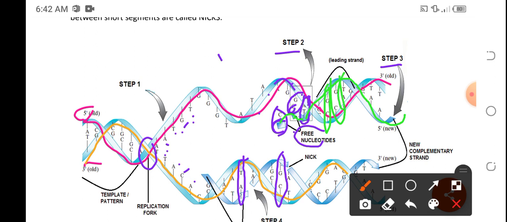Okay? So ulitin natin. For step number 2, for step number 3, since there are free nucleotides being attached or being bonded with a hydrogen bond to the nucleotides in the old strand, okay, these nucleotides are now attached or are now connected via phosphodiester linkage so that it will be producing a long strand known as the leading or the continuous strand. Okay. Ganun din dun sa